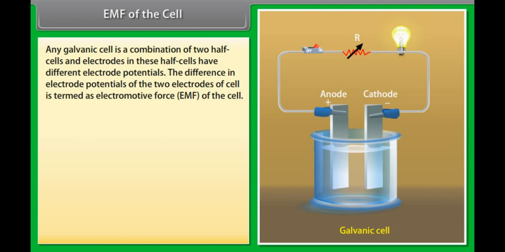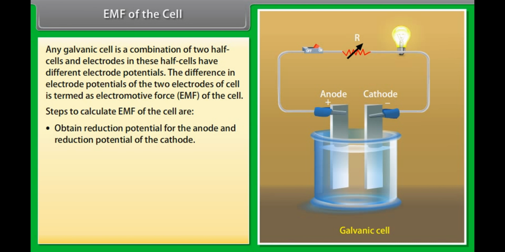EMF of the cell. Any galvanic cell is a combination of two half cells, and electrodes in these half cells have different electrode potentials. The difference in electrode potentials of the two electrodes of cell is termed as electromotive force of the cell. Steps to calculate EMF of the cell are: obtain reduction potential for the anode and reduction potential